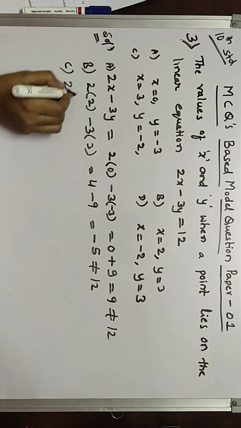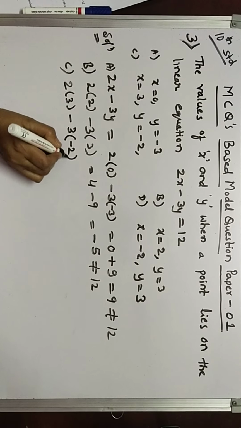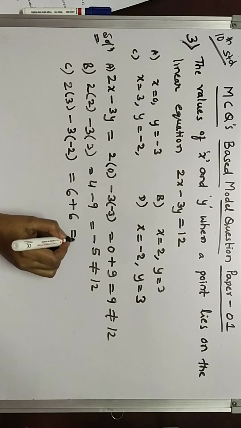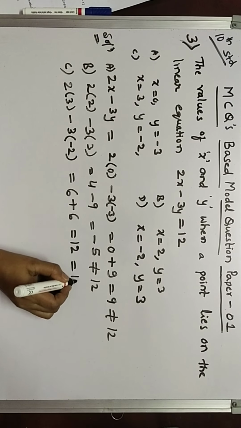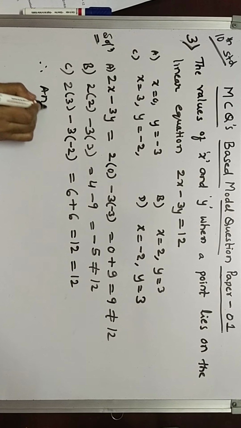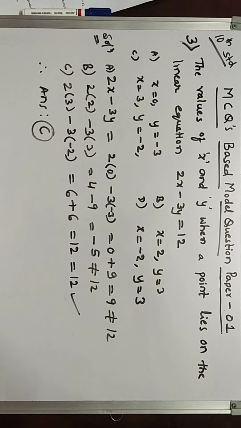Next you go for the third option. Yes, 2 into x, x means 3, minus 3 into y, y means minus 2. 2 threes are 6. Minus into minus is plus, 6, so 6 plus 6 is equal to 12. Yes, that is equal to 12. So option C. Therefore, the answer is C, whose values satisfy the equation. Yes, next